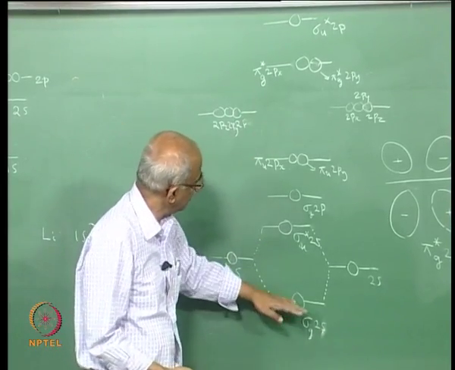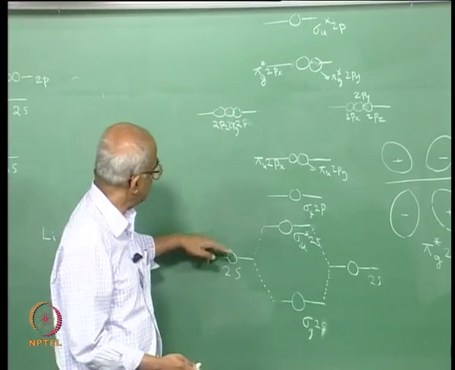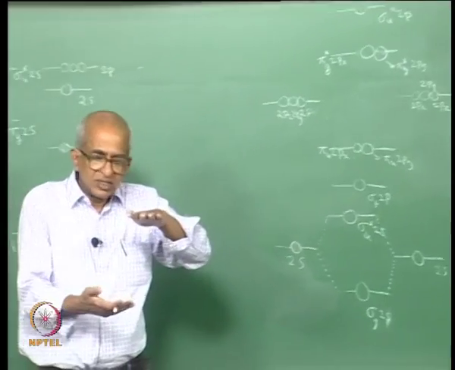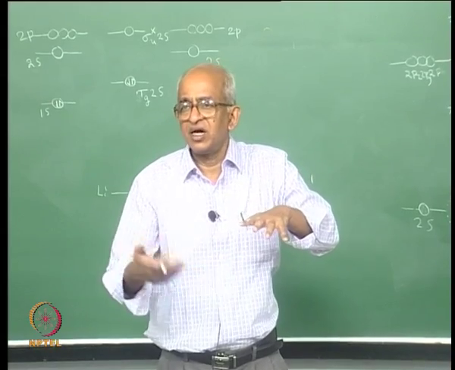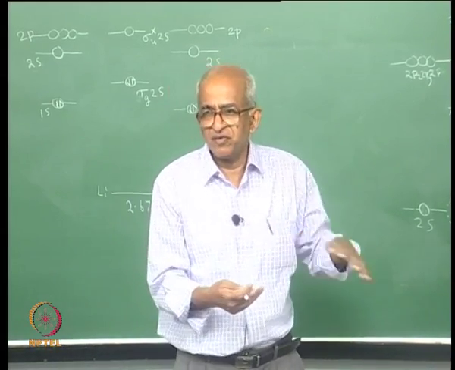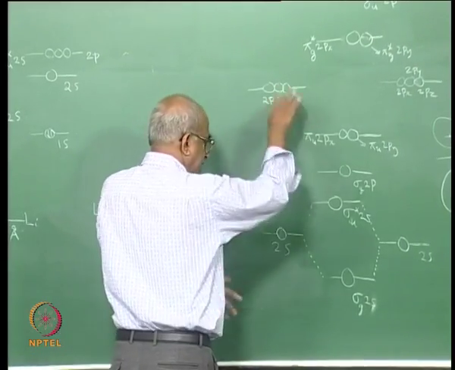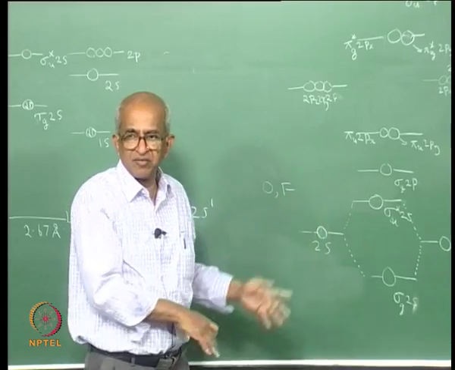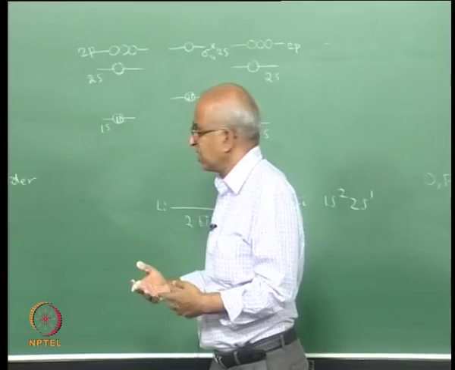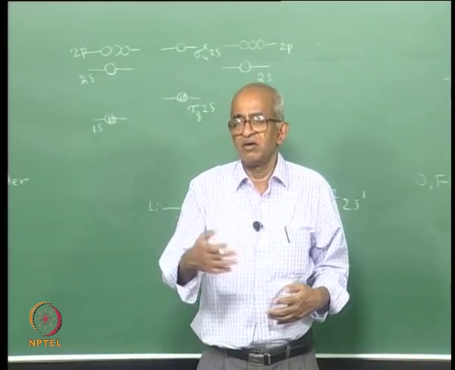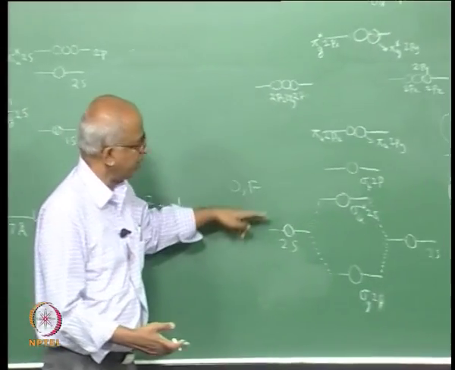Sigma g 2s will be the lowest, and starting from there it goes on increasing, right. This is the way if this energy separation is large. This energy separation is large in atoms which have sufficiently large number of electrons. So, for example, if you think of oxygen atom or fluorine atom, this picture that I have drawn is fine, because this separation is large. But if you think of something like carbon, or if you think of B2, this energy separation is not large,